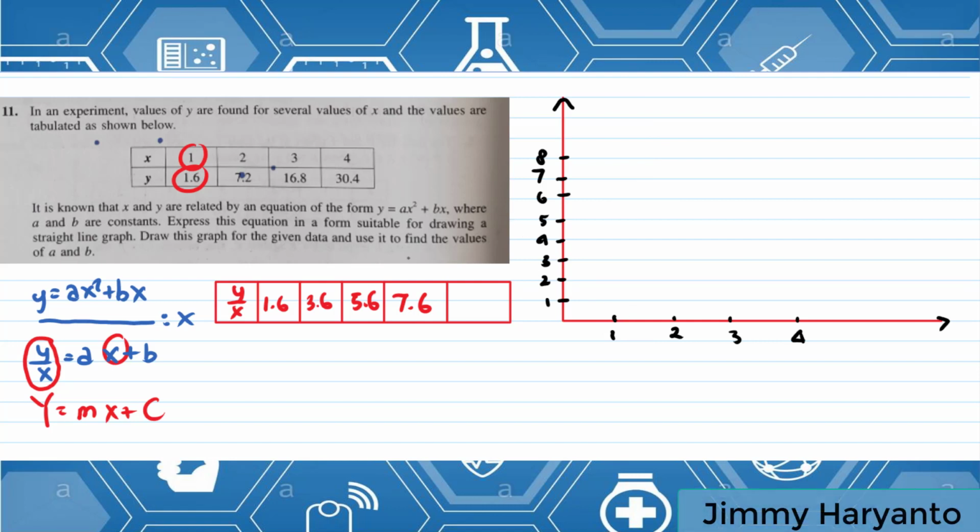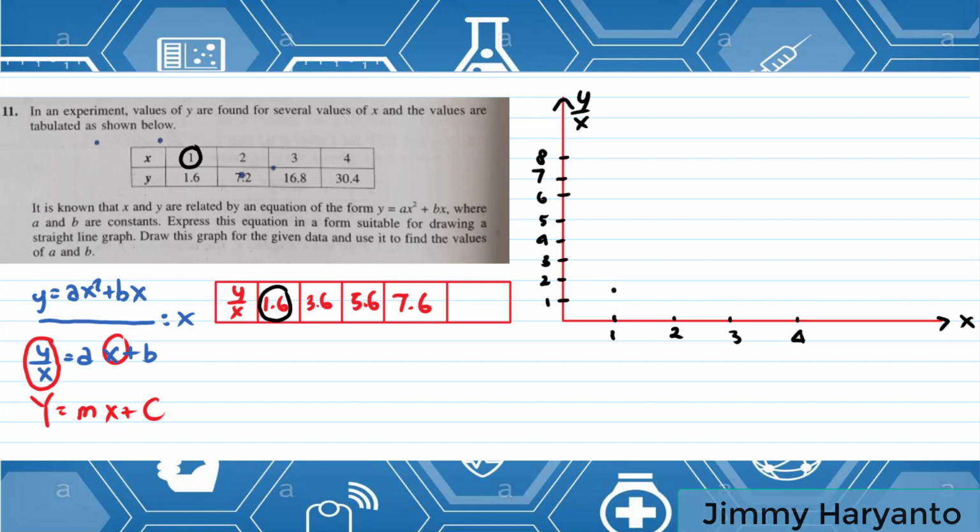So what is the axis again? Yes, the axis is y over x for the y-axis, and x for the x-axis. What is the point? The first point is 1,